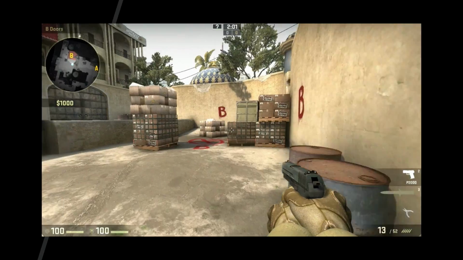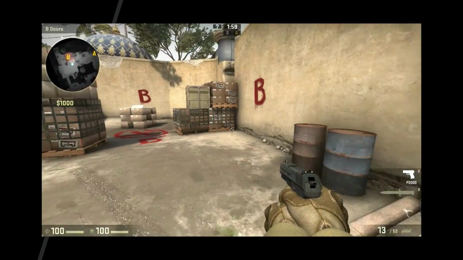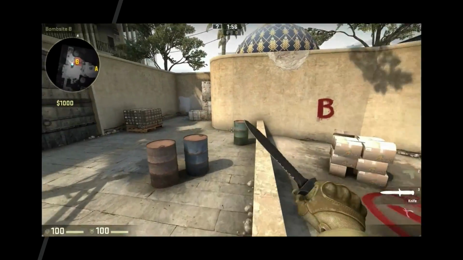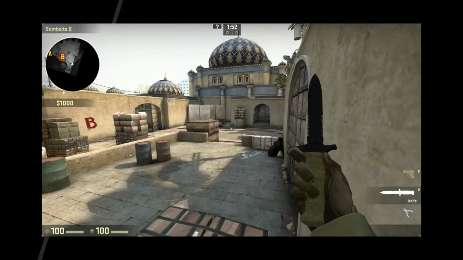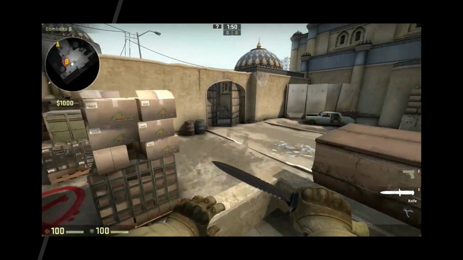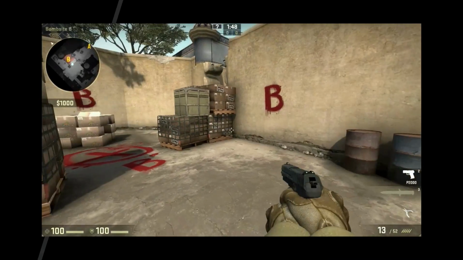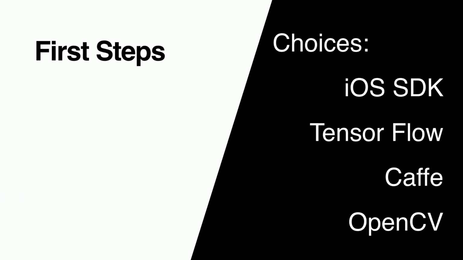This is kind of what it looks like. Let me see if I can get it to play. It's a first-person shooter. You run around. There's a radar in the upper left corner that shows you where you are on the map. And when enemies show up, they show up as little red diamonds. You'll see that in a subsequent slide. So to get started,